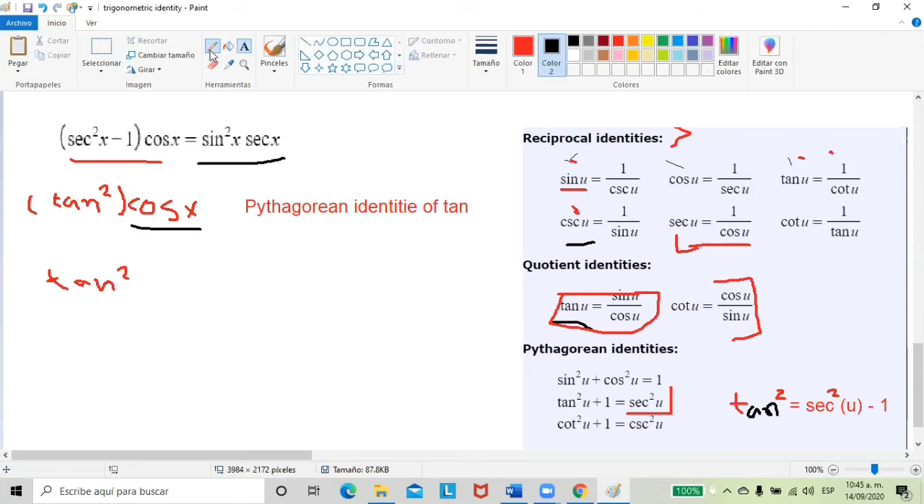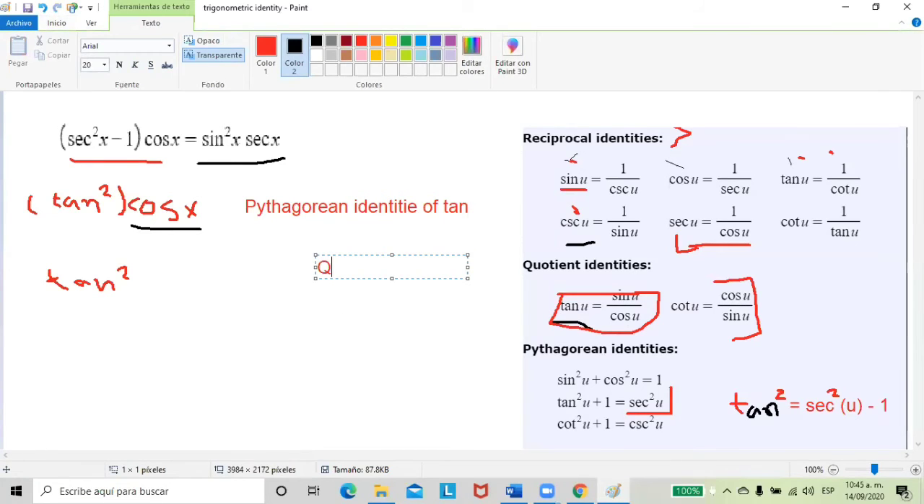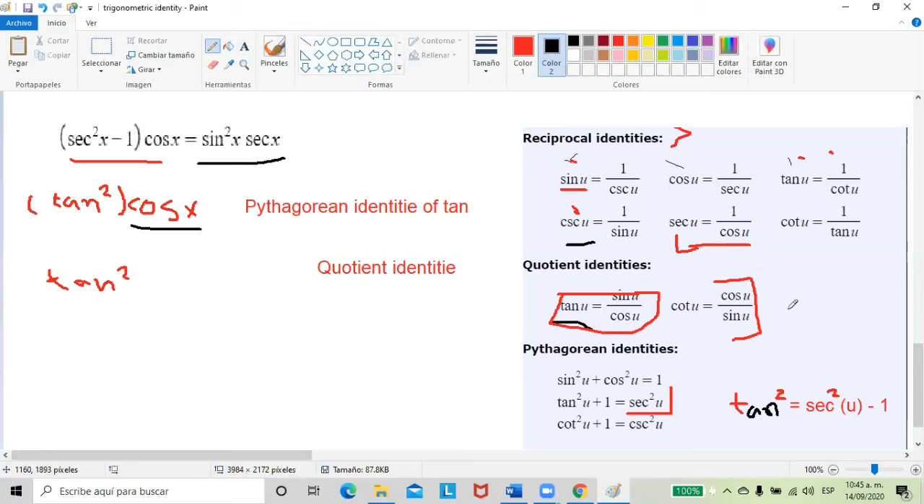quotient identity. Here we have that cosine is equal to sine over tangent. Sine, right, sine. Profe, no entendí qué pasó ahí, porque